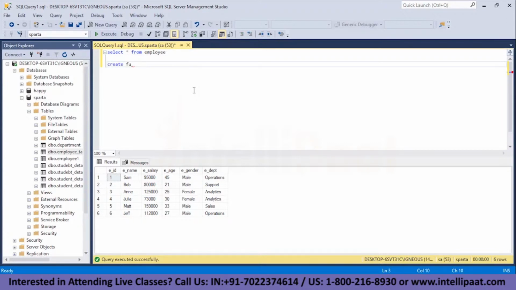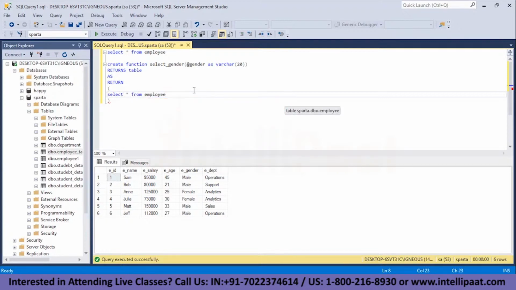So again, I'll type create function, and then I'll give the name of the function, which would be select gender. Now inside the parenthesis, I will pass in the parameter. So I'll name the parameter gender, and this would be of varchar type, as varchar, and the length would be 20. After that, I'll give the returns keyword, and since this is a table valued function, the return type would be table. So I'll type as return and then give in parenthesis, and inside the parenthesis I will give my select statement. So the select statement would go something like this: select star from employee where